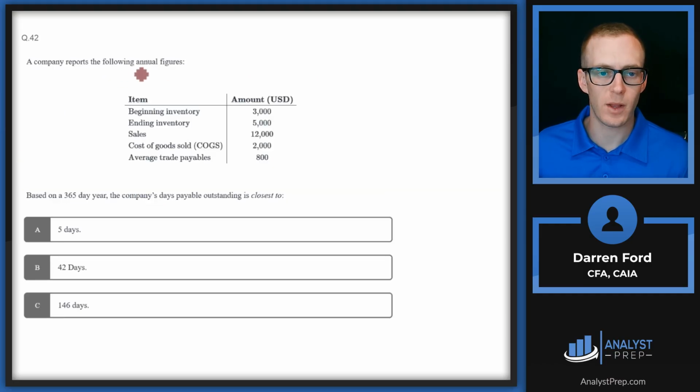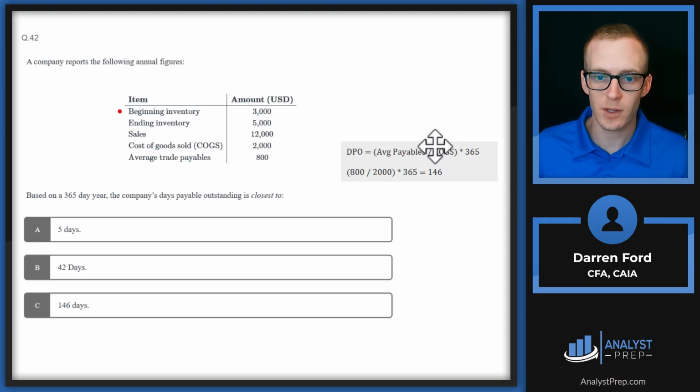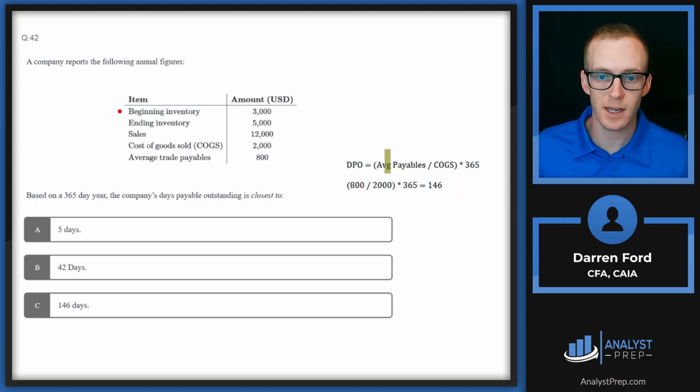A company reports the following annual figures. So we've got item and amount, and we have inventory, sales, cost of goods sold, and average trade payables. Based on a 365-day year, the company's days payable outstanding is closest to. Let's bring in that formula and calculate. Days payable outstanding is going to be average payables divided by COGS, cost of goods sold, and we're multiplying that by 365. So we really only need these 2 numbers. All this other was just thrown in here as noise to throw you off. And when we work that through, we get 146 as our days payable outstanding, which is going to be answer